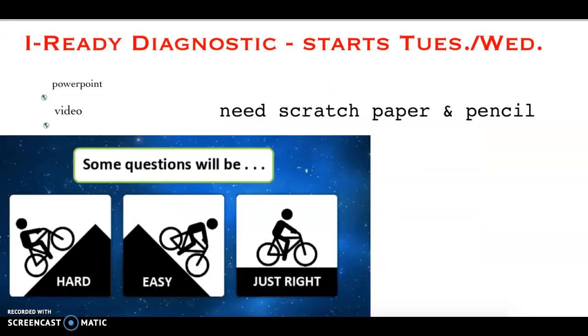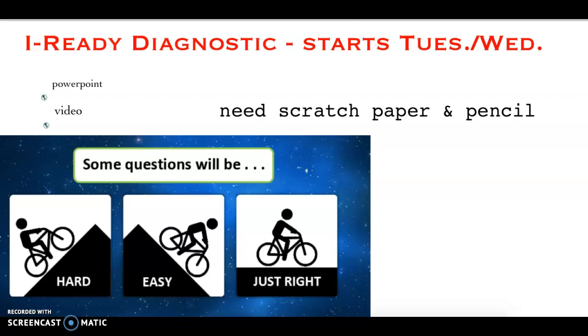Just so you know, starting tomorrow or Wednesday, whenever I see you next, we will be doing the iReady diagnostic. Probably most of you remember it from last year, so I'll be giving you a little background about it so you're prepared, but there's really nothing to worry about. We just want you to do your best so we can see what you know and what you don't know. You do need to know that you'll need scratch paper and a pencil. So on Tuesday or Wednesday, when I see you next, we'll have a very short lesson and then we'll begin